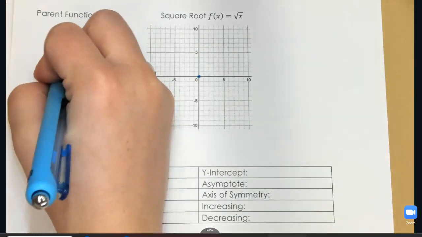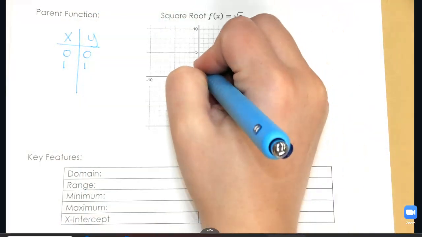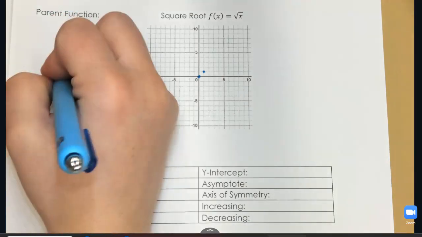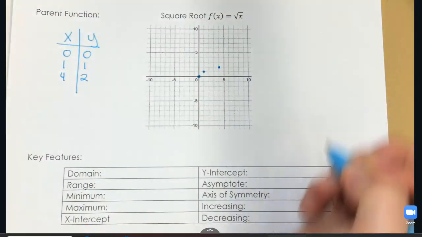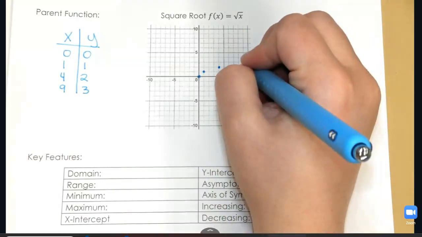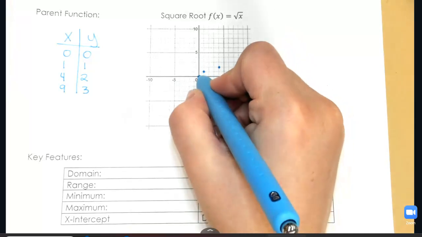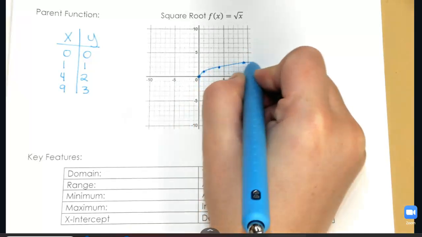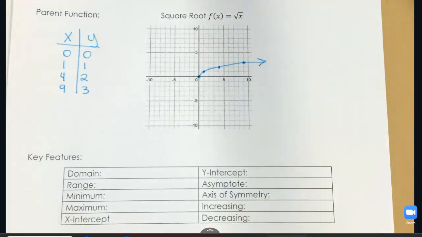Then I'm going to go to 1. The square root of 1 is 1. The next perfect square I have is 4. The square root of 4 is 2. And then the last one that's going to be able to fit on this grid is 9, the square root of 9 being 3. So I've got those points that I can connect, and see I've got this upward curve looking graph,